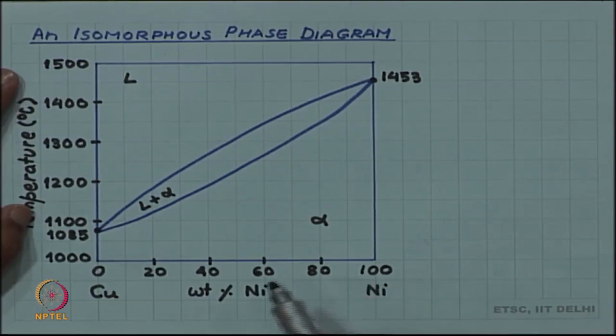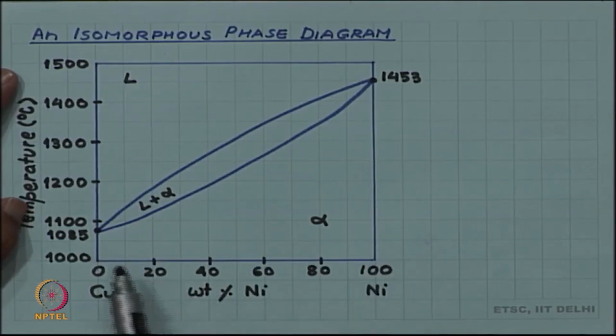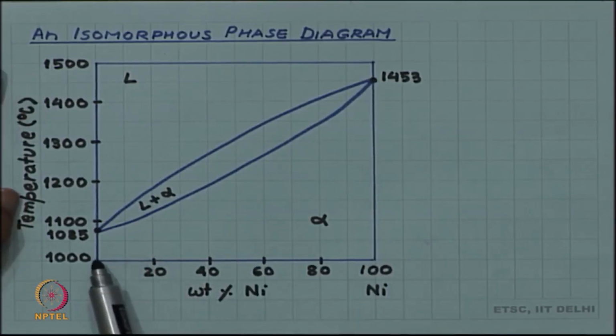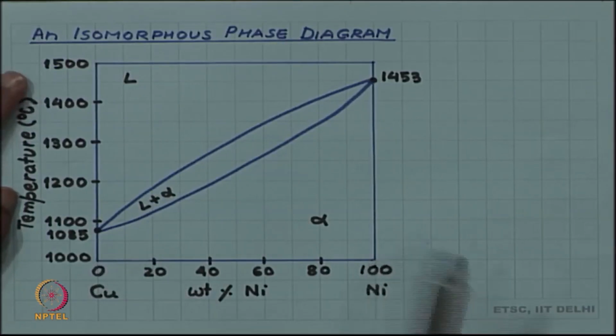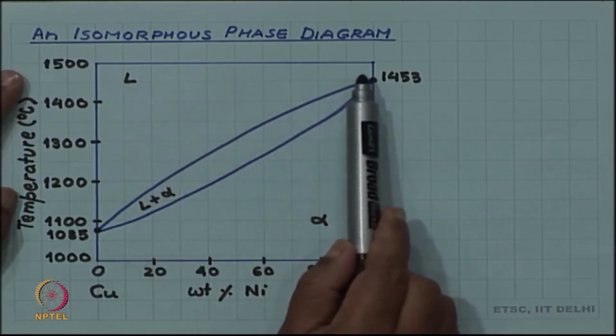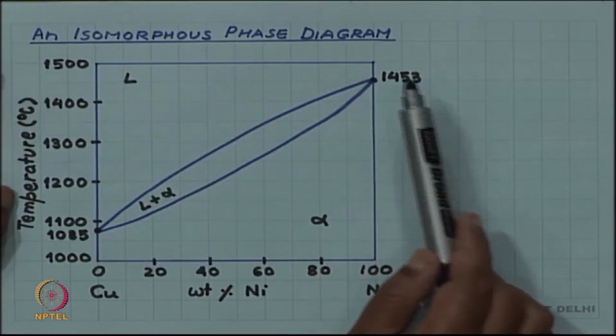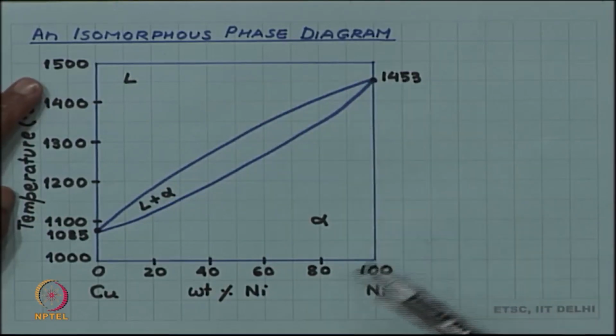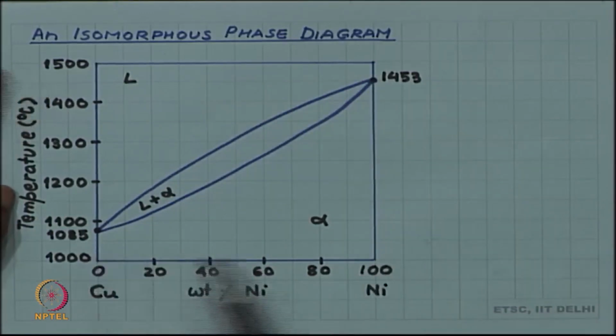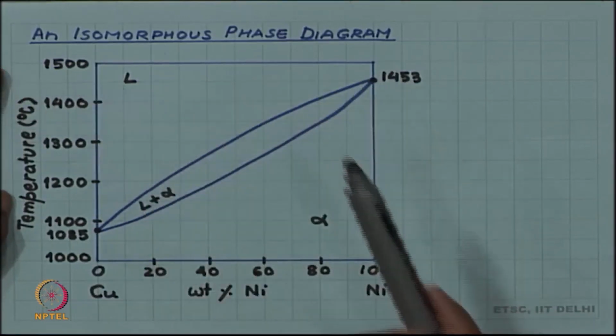All it means is that there is a single crystalline phase at lower temperature, all the way starting from one end, copper, to another end, nickel. Similarly, there is a single liquid phase all the way from the copper end to the nickel end at the higher temperature. So, such diagrams which have a single solid phase at lower temperature and single liquid phase at higher